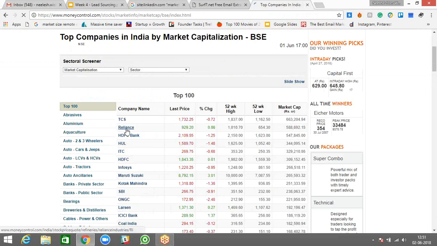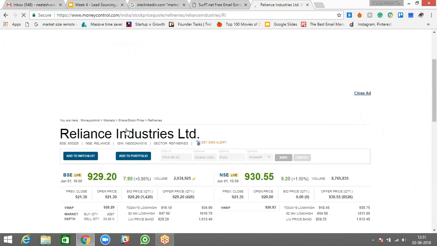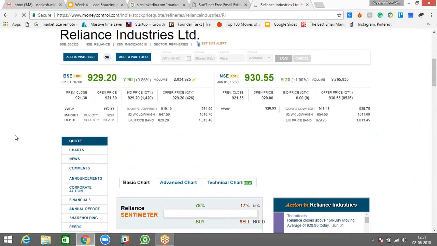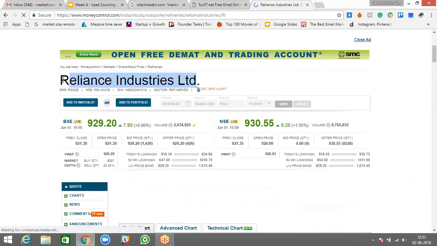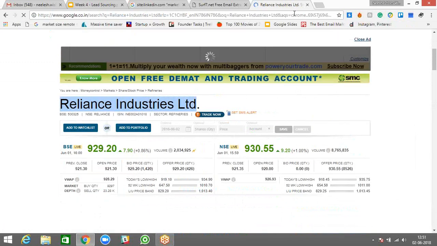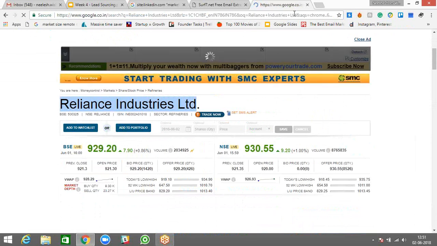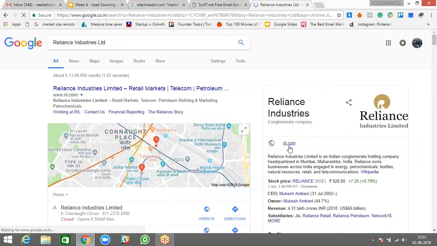Let's say we look for Reliance. So what is the full form? It's Reliance Industries Limited. Okay, I copy this and I search it here. Reliance Industries Limited. So the domain seems to be ril.com.